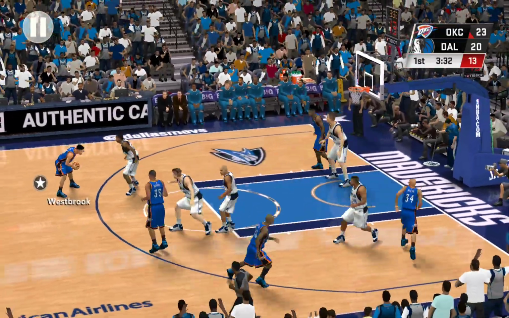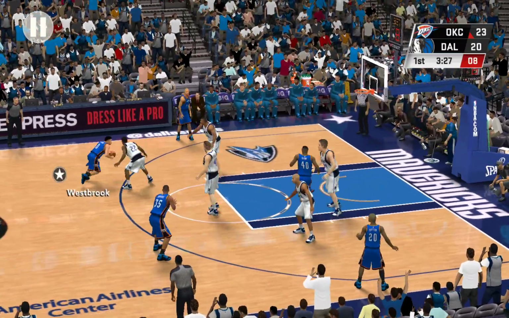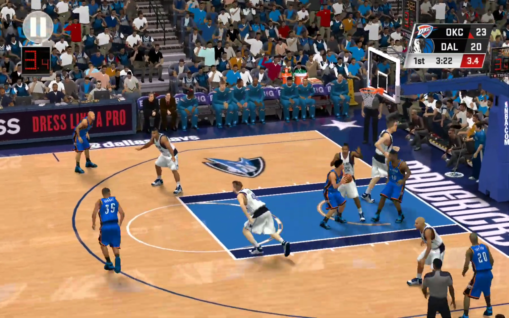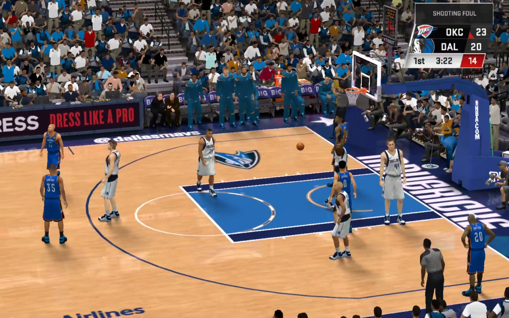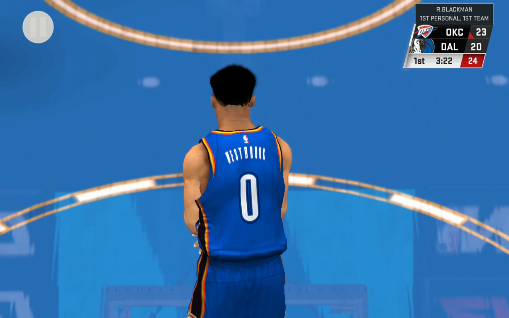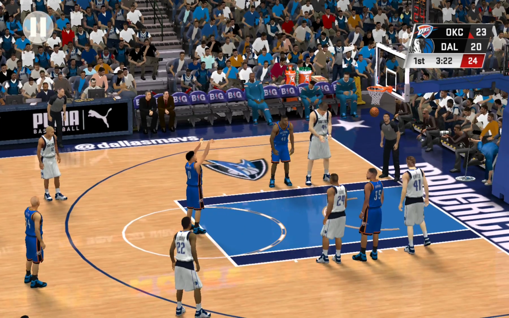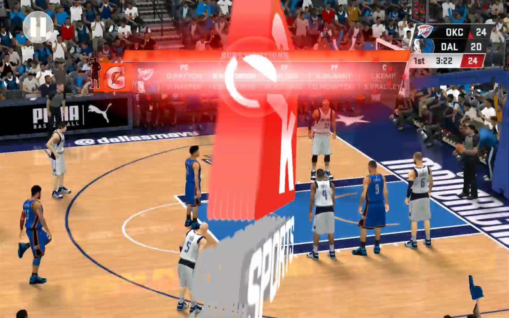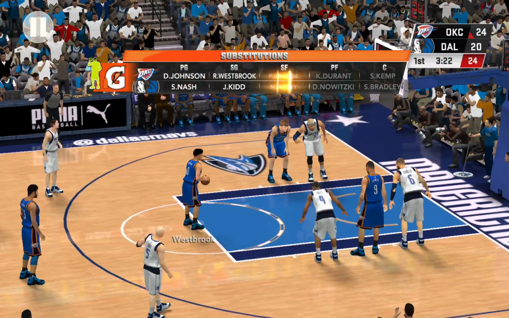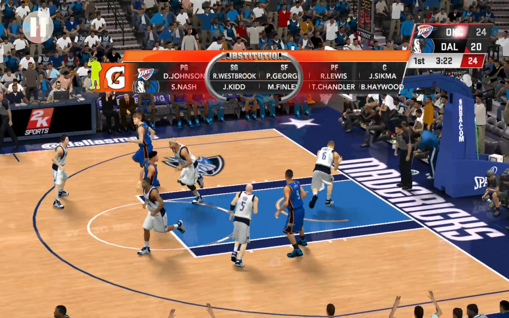The kick out to Westbrook. Back to Durant. Pass to Westbrook. And so he draws the foul on the shot. A trip to the line to shoot 2. It's his first trip to the line. First free throw is good. And the Thunder going with a whole new group out there. Both shots good from the stripe.